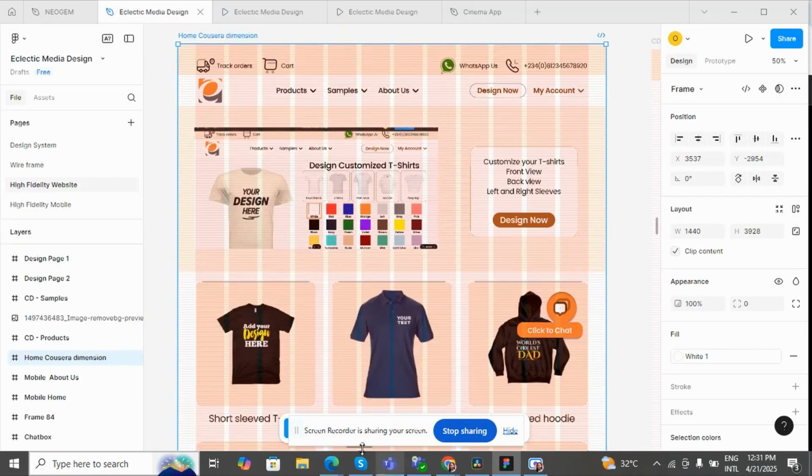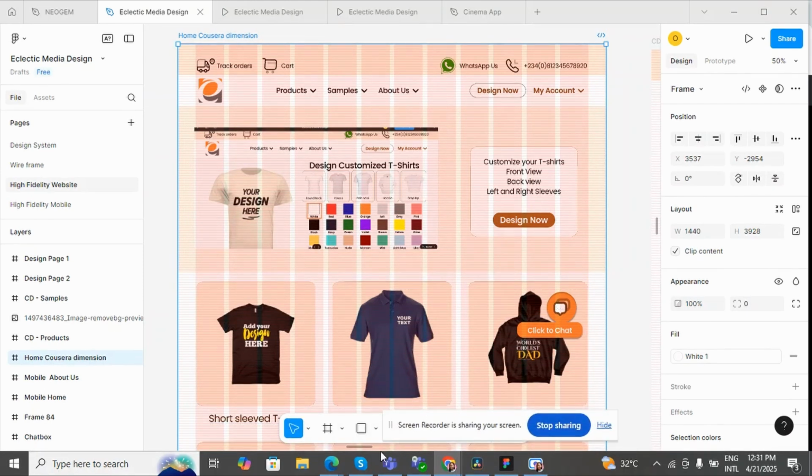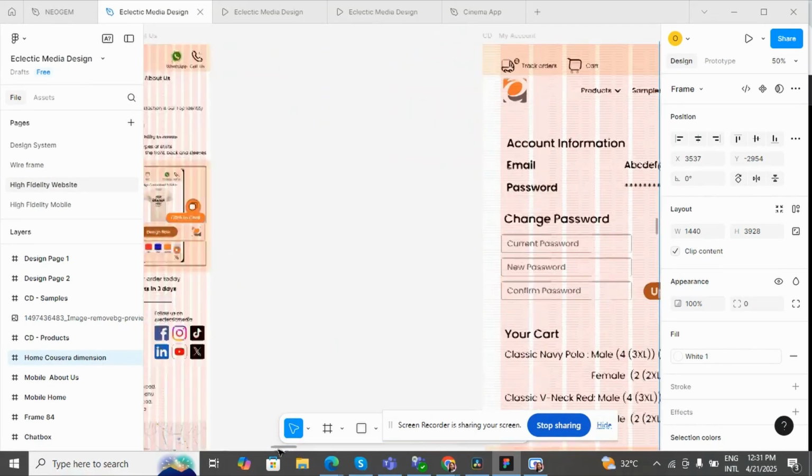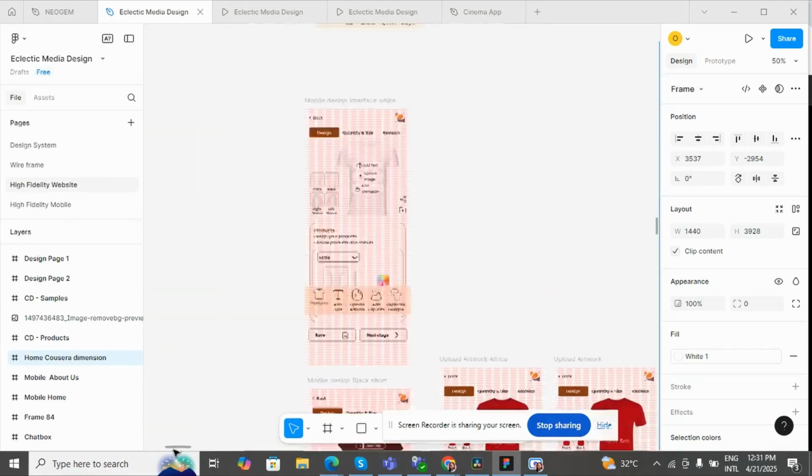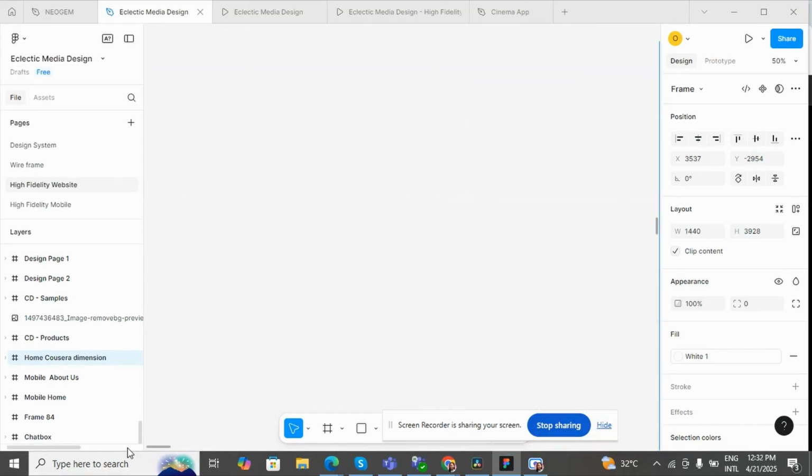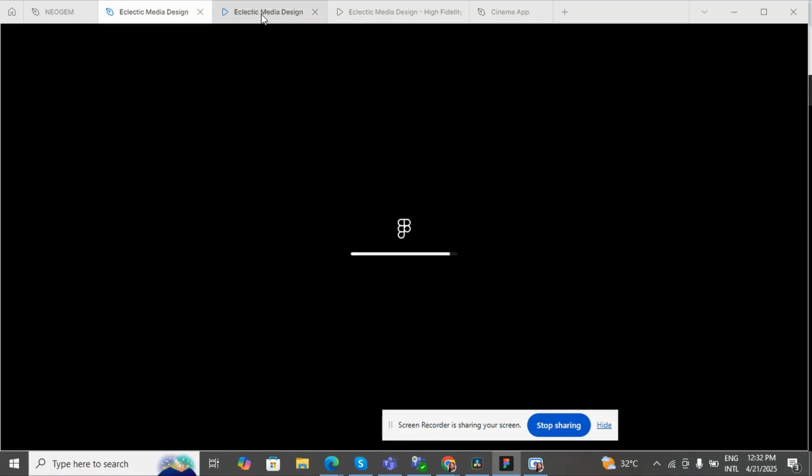So, for instance, Figma is one of those apps that allows you to continue working. You can continue building prototypes and designs on the Figma app even when there is no internet. So that's just the difference, and that's why